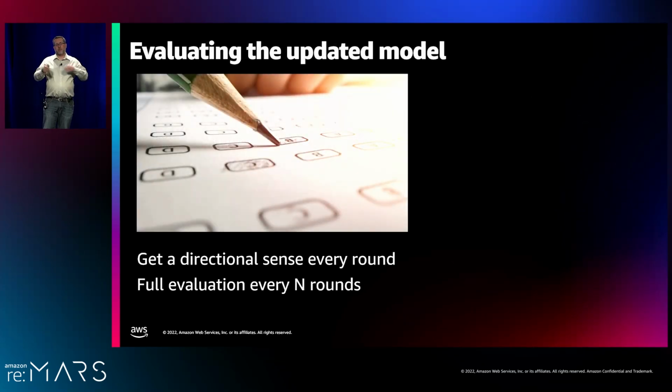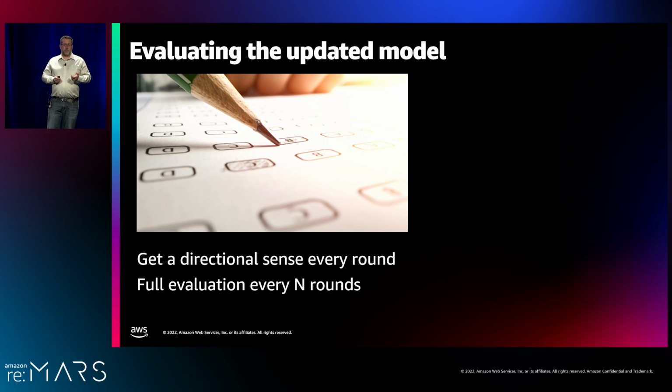So once we've finished updating the model, the final step is to evaluate it. We run a really lightweight evaluation every round of training, so we have a small targeted test set. It won't tell us exactly how the model is doing, but it gives us a directional sense, so we can see if the model is improving. And if it's degrading for too long, then we want to halt the training and roll back to a previous version of the model and start the training again. We may actually let it get worse for a little bit of time, because maybe it's escaping a local minima, but we don't want it to continue to degrade, or we'll want to halt it.